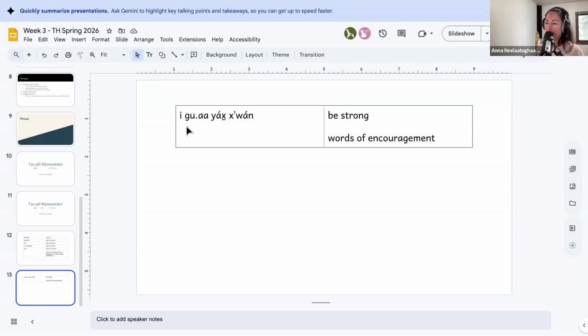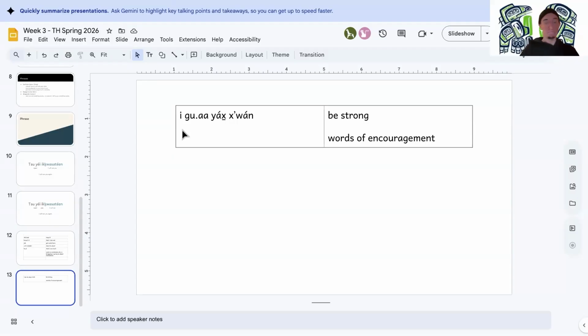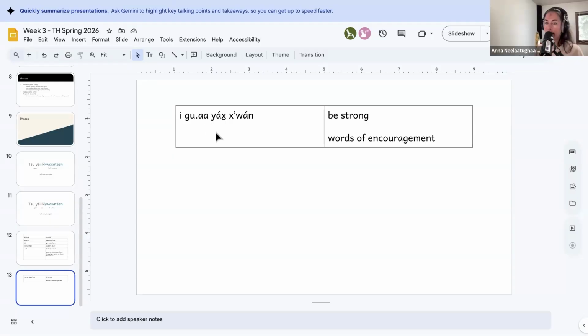Good. So add the iko ah. Igu ah. Good. And then the second half, yach kwan. Yuck. One. Juan. Good. Now nice and slow. We're gonna do the whole phrase. Take your time and repeat after me. Iko a yach kwan. Nice work. Again. Iko a yach kwan. Good. And one more time. Iko a yach kwan.